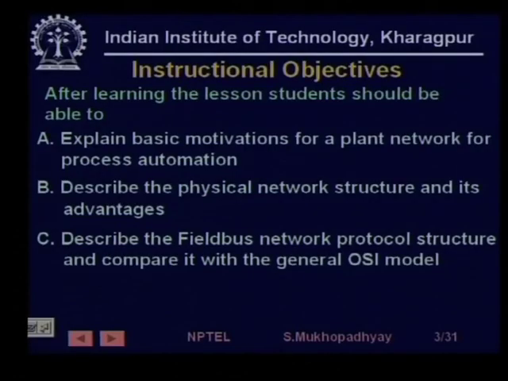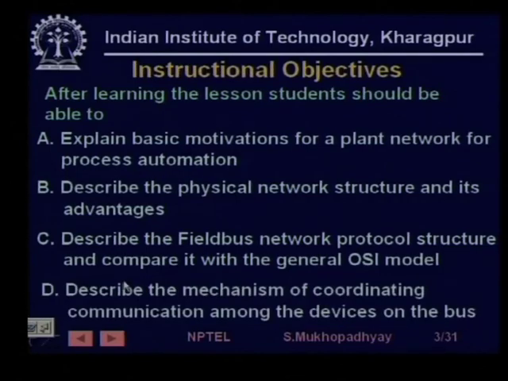So, we will take a basic look at this structure and compare it with a general computer communication model which is very popular and well known, that is called the open system interconnect model. So, it will compare the protocol model of the Fieldbus with the OSI model,